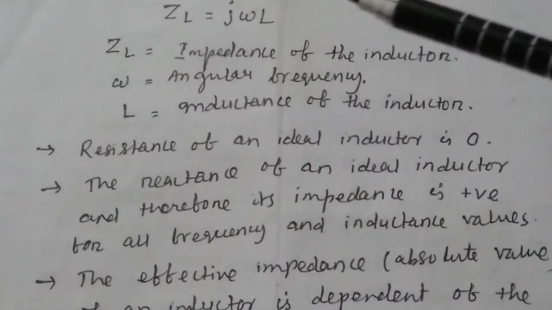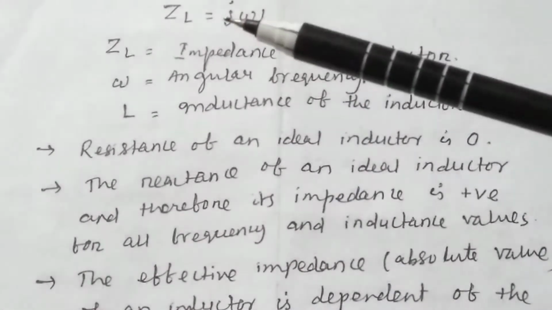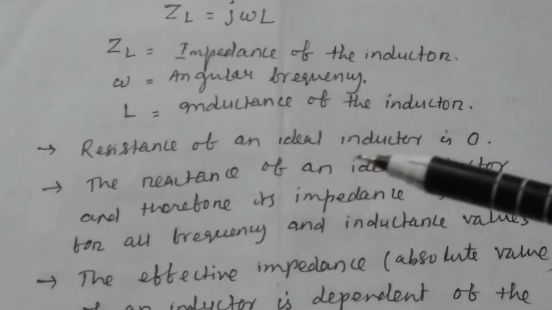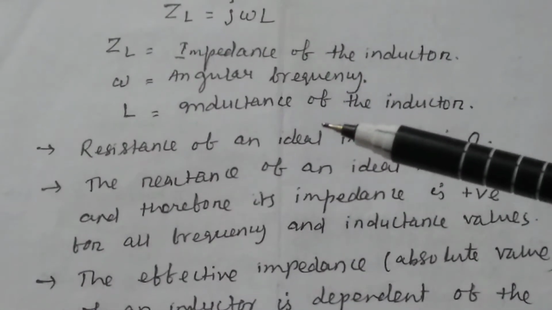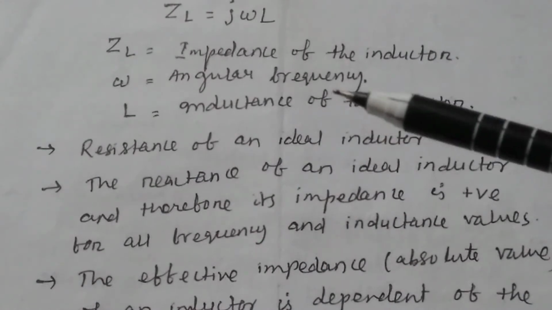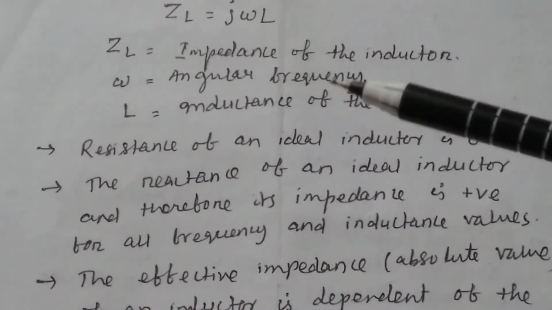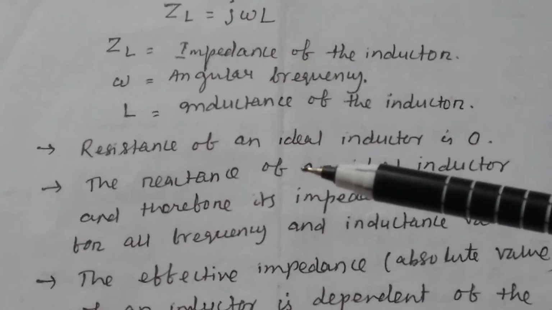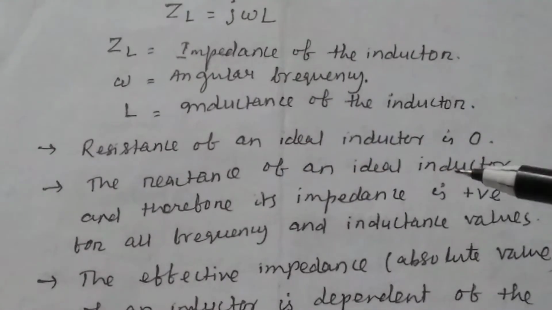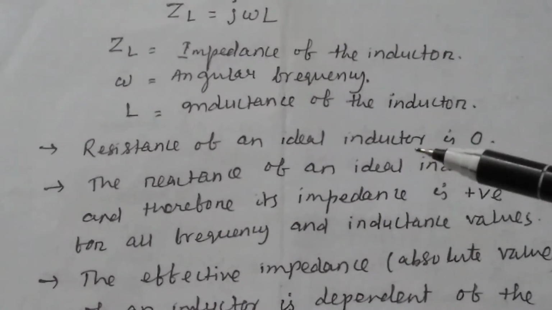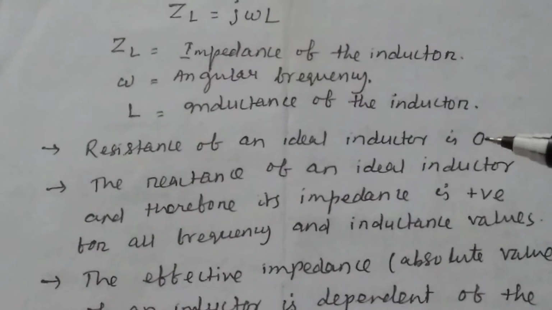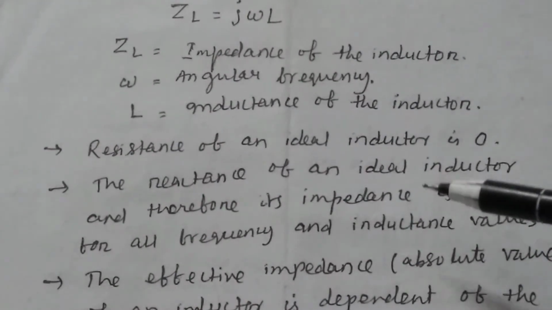And the impedance of the inductor, basically denoted by ZL, is equal to j omega L. Omega is called the angular frequency, L is called the inductance of the inductor, and omega is equal to 2 pi f. And the resistance of an inductor is 0. Remember, the resistance of an ideal inductor is 0, and the reactance of an ideal inductor, and therefore its